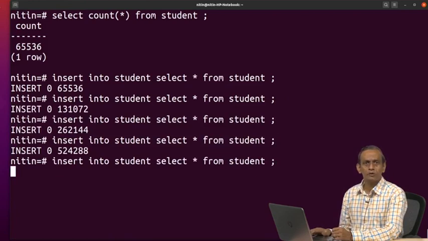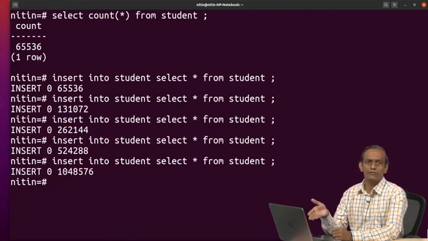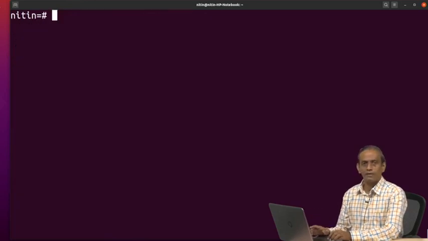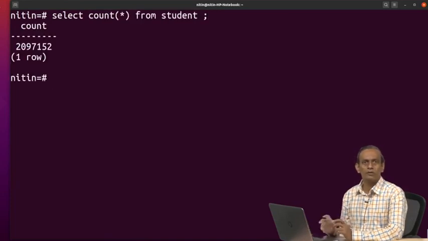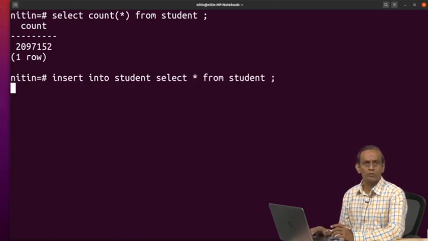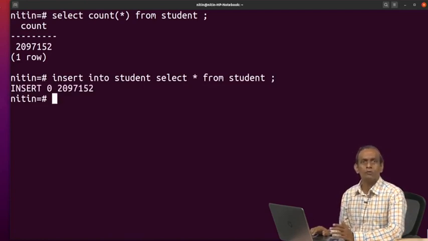So, why is this so? Because now it is inserting records into the exact file which is stored there, and definitely the amount of time would be much more. If I now apply this count, it also will take some amount of time. Now, it might have taken some fraction of time even. If I go on inserting, you will experience that it is taking some amount of time definitely, which was not similar to what we saw earlier.